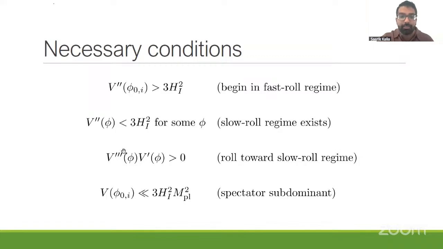And this is, again, the most important condition on the potential, which is going to restrict certain types of potentials. This only works for a large class of potentials, but not all potentials. In particular, a cosine potential is not going to satisfy this condition. So you won't be able to do this for, say, an axion, but a quartic potential will. And so we'll see this mechanism works well for a quartic potential. And then finally, this scalar field should never be dominating inflation the entire time. It should always have less energy density than the inflaton itself.